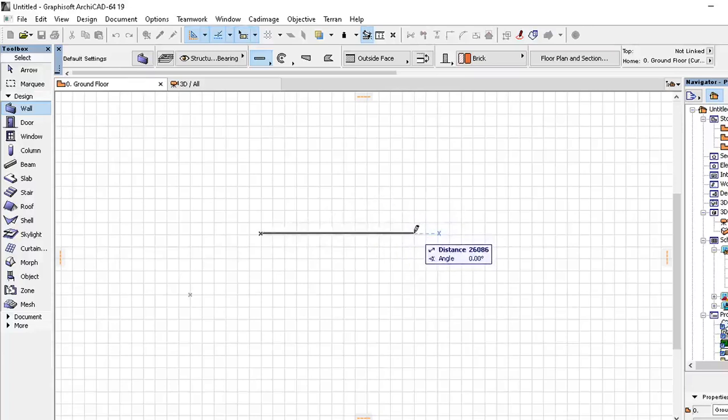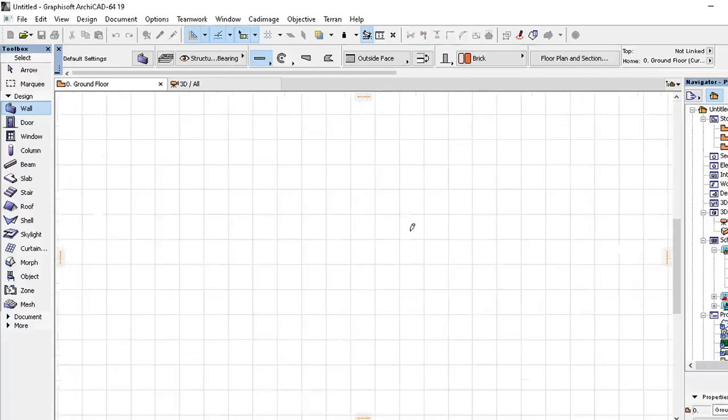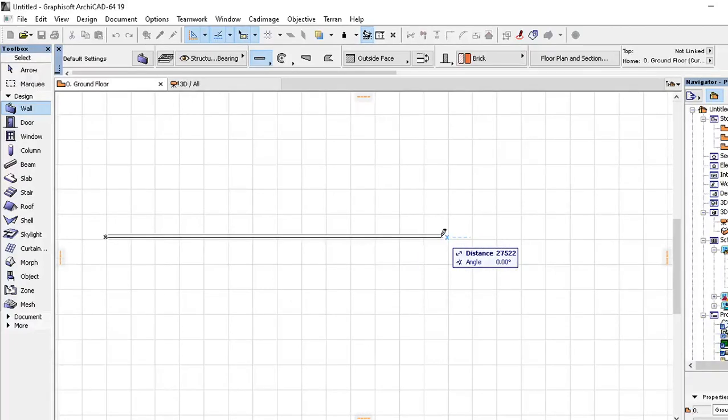Then we can line our wall to the grid. So we make sure that our angle here is 0, so that it enables us to put our distance, maybe let's say 8,000,